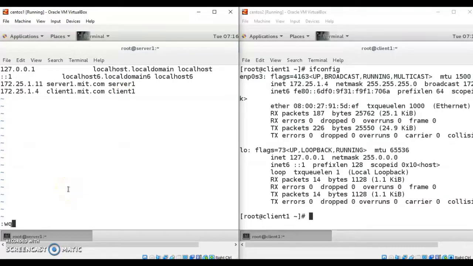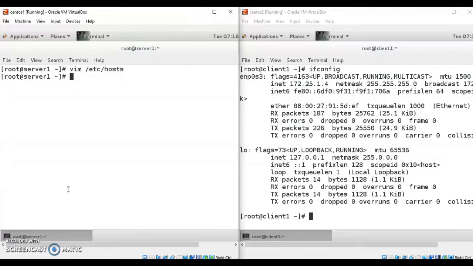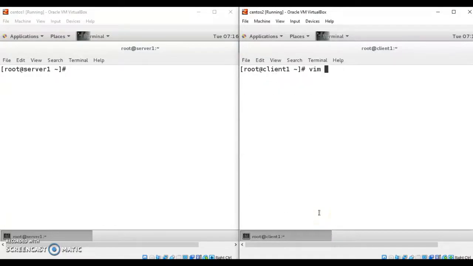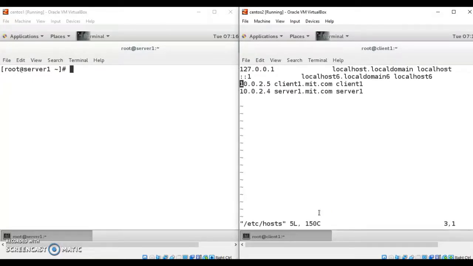Save this and just use the option Escape :wq and you will just come out of this file. Similarly, you can switch to the client machine and edit the vim /etc/hosts file,